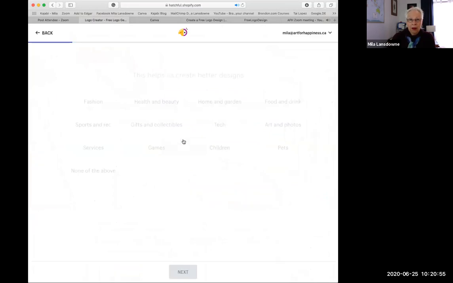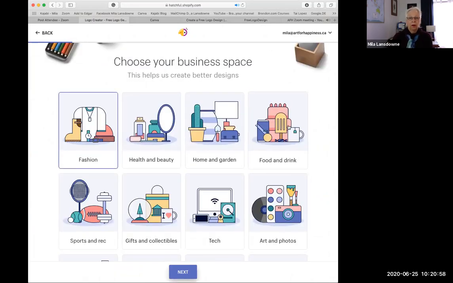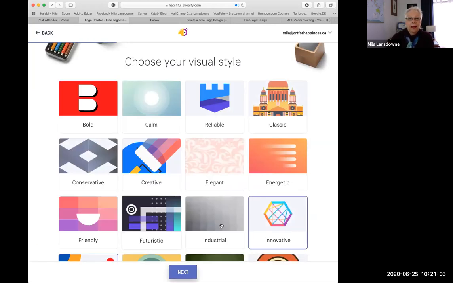You click get started, and then you pick your industry. In this case, I will pick fashion. And then you can choose what direction of your style, because, you know, we all perceive non-verbally by images, by association to what we experienced. And there are actually scientifically or research-based colors and fonts tied to specific